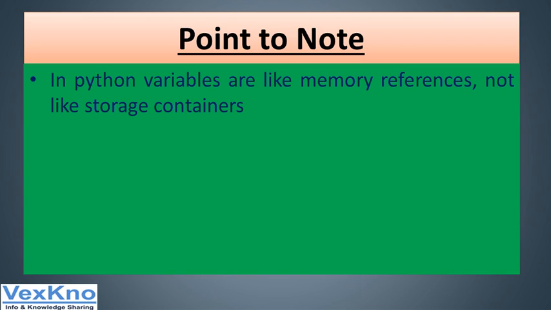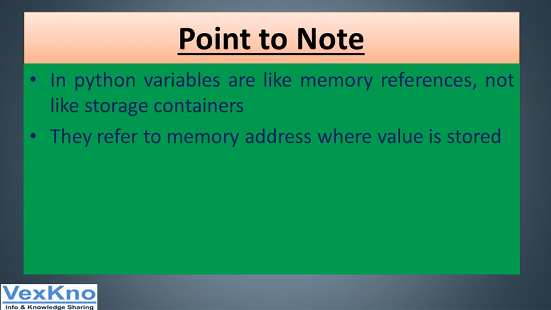Meaning when you store a equal to 10, a becomes a container in some other language. When you change the value, a equal to a plus 2, the value will be changed, the address will remain the same. But in Python, various values have been assigned unique addresses. So when you assign a value to a variable, the variable refers to the address where that value is stored. That is what we are going to discuss today.